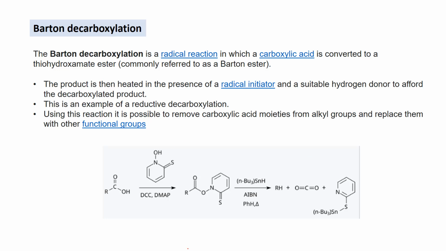So if you see the general reaction, what happens if you react this carboxylic acid with a thio type of compound to form this thiohydroxamate ester, and you add a radical initiator, AIBN, which is a radical initiator, and a hydrogen donor? What happens? This undergoes